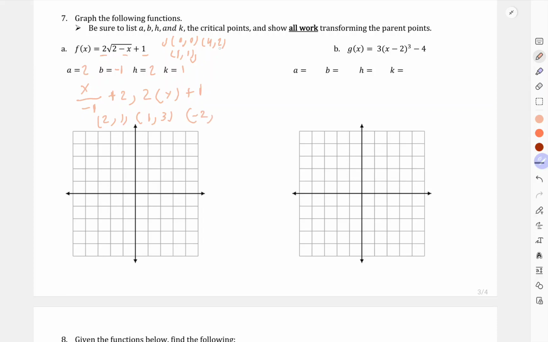And then our next one, 2, which is 4. 4 plus 1, 5. Alright, let's see if we have graphed this correctly. We're going to start by identifying these points on this graph. So 2 and 1 goes as follows. 2 and 1, okay, we have our first point. 1 and 3,